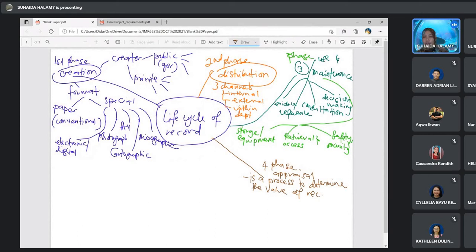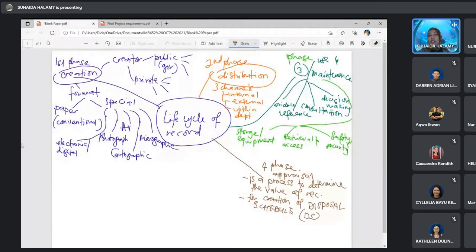And then we do appraisal process for the creation of disposal schedule, ataupun saya panggil DS lah. Short form dia DS, disposal schedule. Okay, alright. So when we mention about appraisal, you have to mention the process.